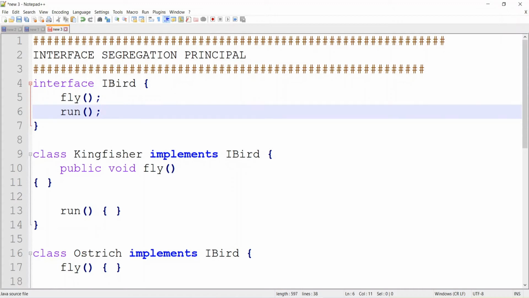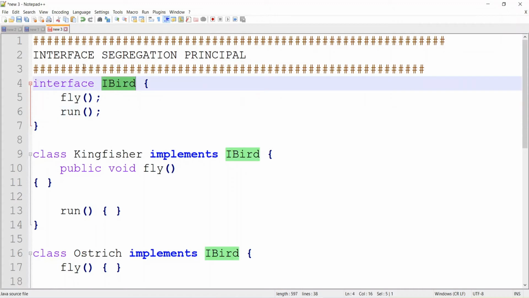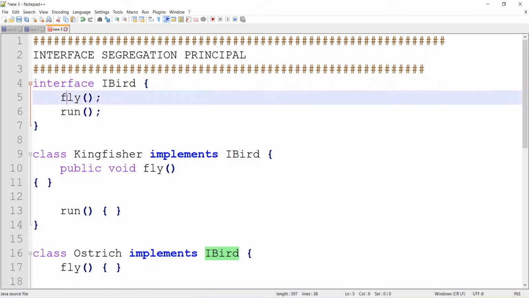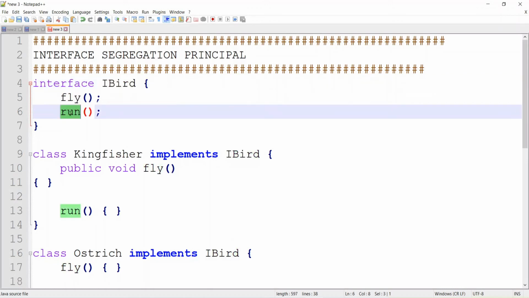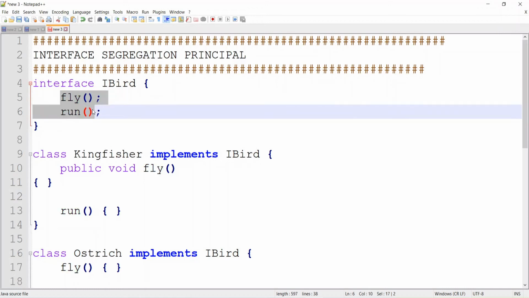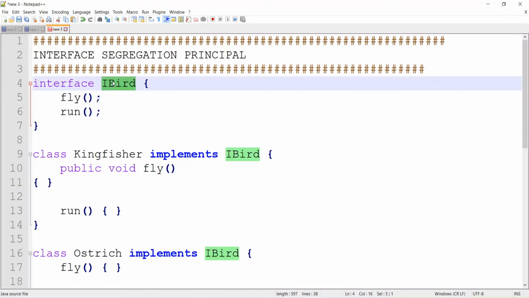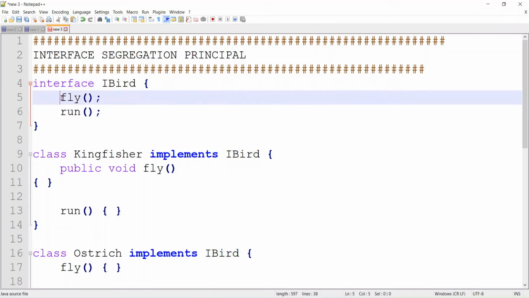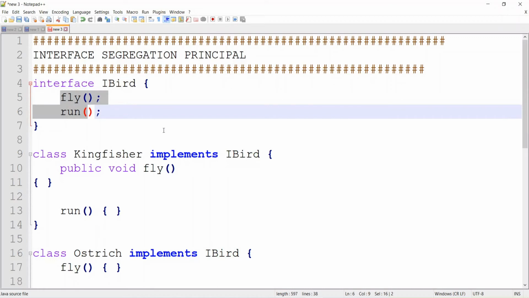I just created one interface, iBird, and inside that interface we have two methods, fly and run. Since these are declared inside the interface, all the classes implementing this interface will have to implement these two methods, right?